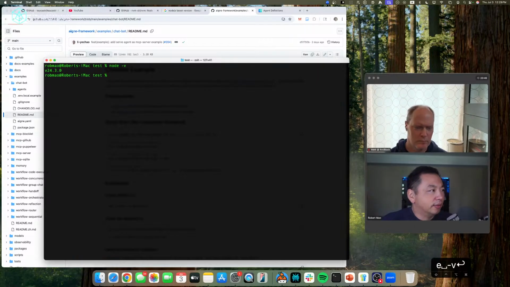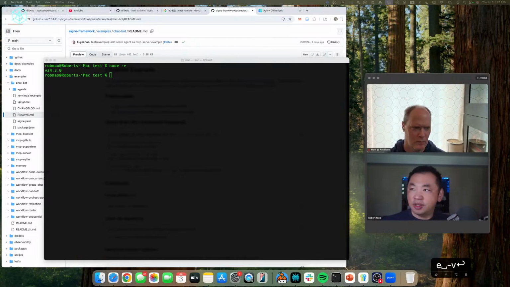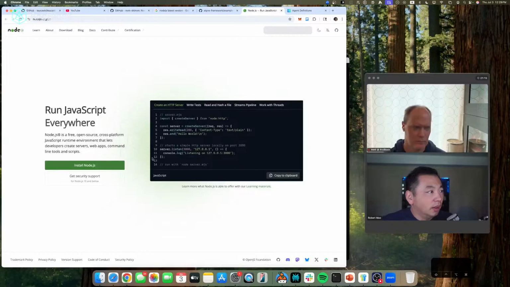Production Node.js, that means it can be used. But if somebody in the audience says, what if I don't have Node.js installed, or what if I have it but the version is lower? What to do? Right? So the simplest way, for example, when you come to our repo, any of those examples, you say Node.js, you will see there's a link here. You click on the link, it takes you to the Node.js website.